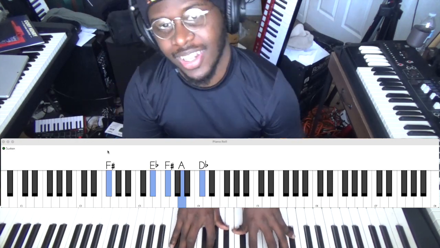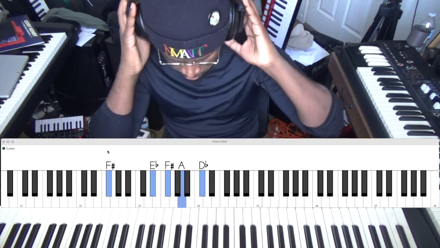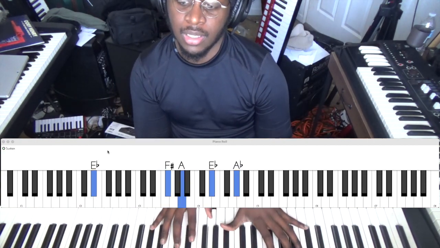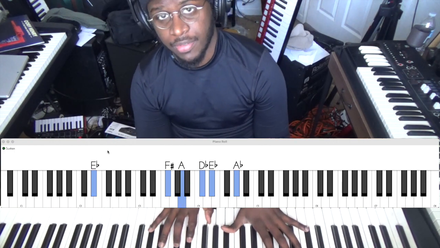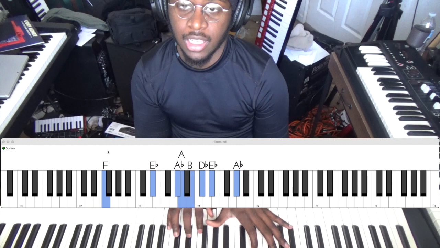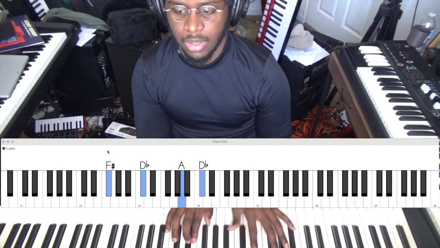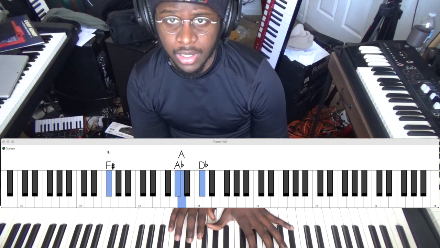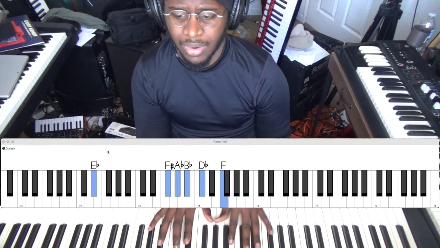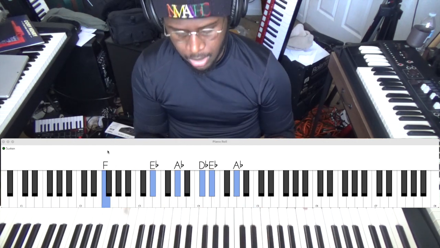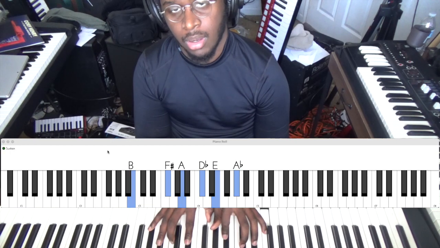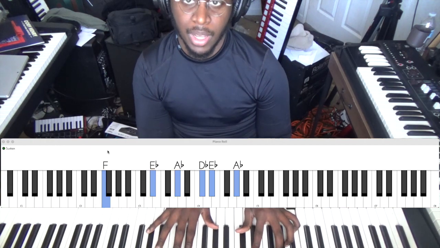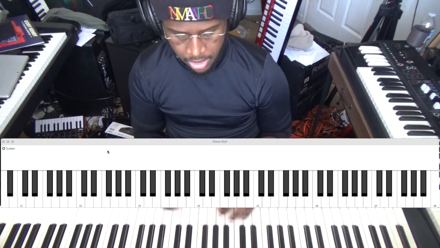So yeah, here we are. Here's like the first kind of outside change right here, right? F sharp minor. So that obviously is based off this type of chord, right? That's E flat half diminished, right? F sharp minor. So that's a nice place to kind of bounce around. Because at this F sharp minor, you can really go a lot of different places. You can go, right? So right there. Something like that, right? Back at the 3. I really love to sit at the 3 a lot, right?